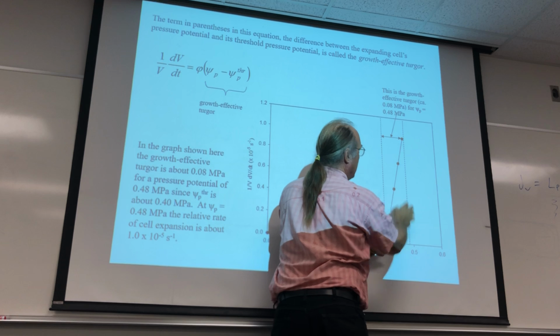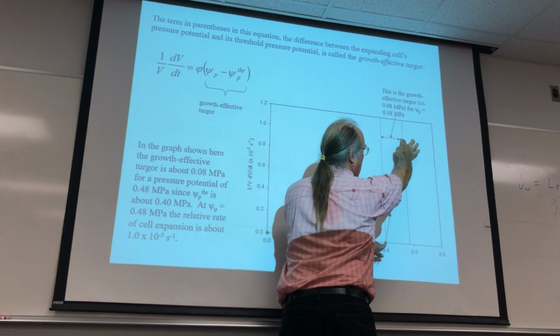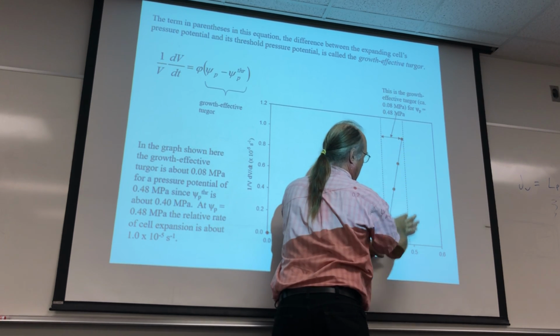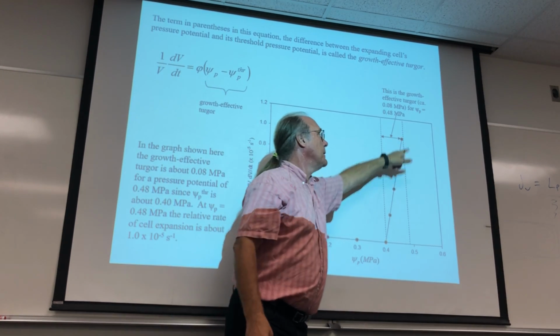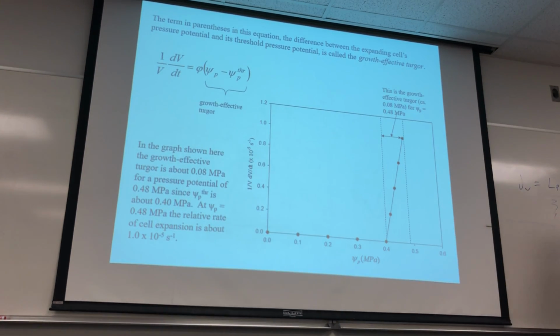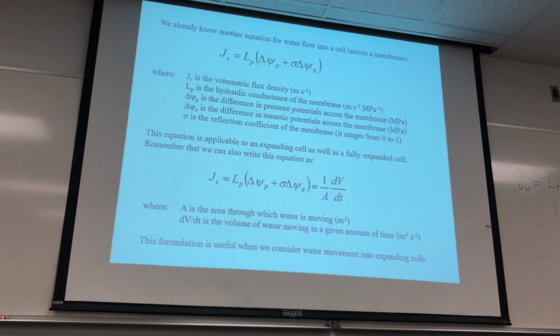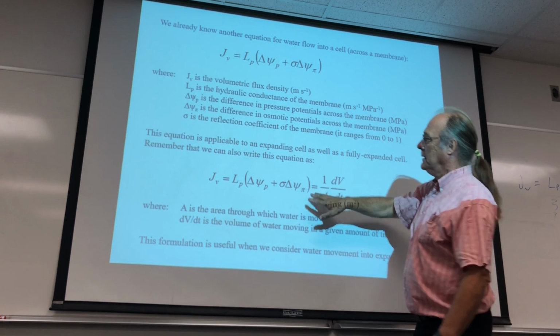That amount for this dot here is the growth effective turgor for that point. So that's one equation. We already had our other equation, this one up there, written